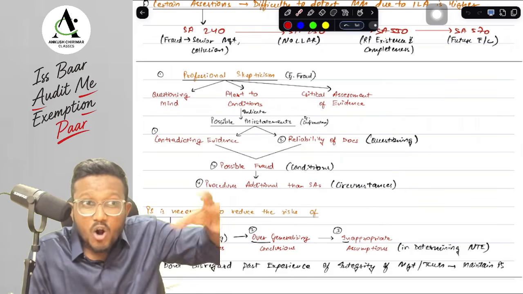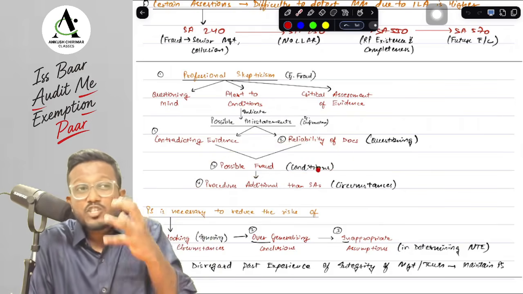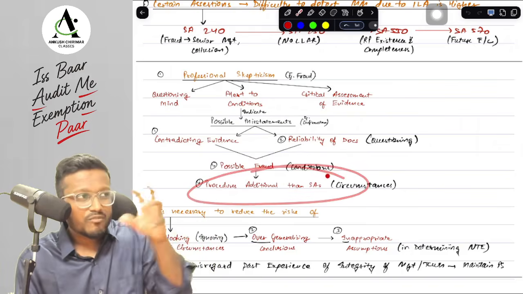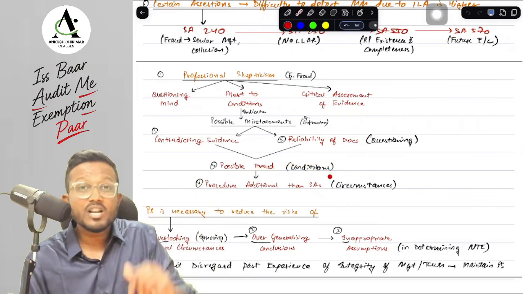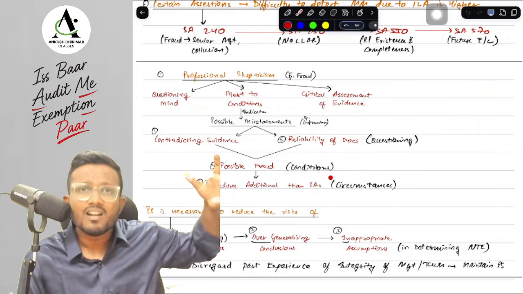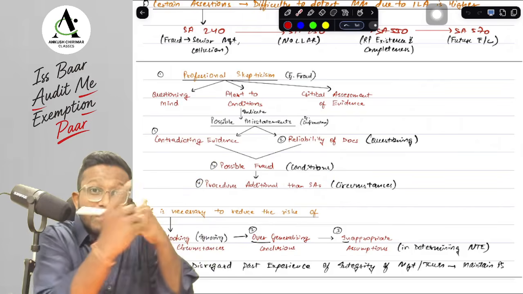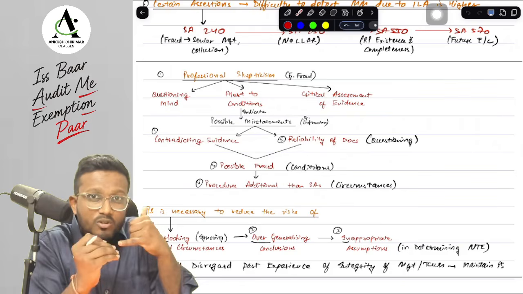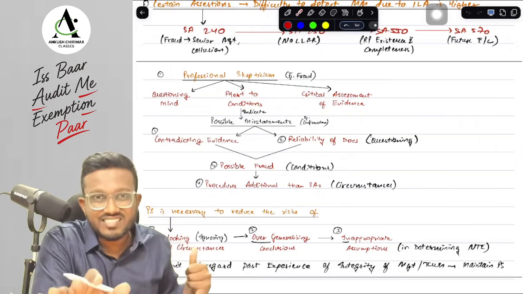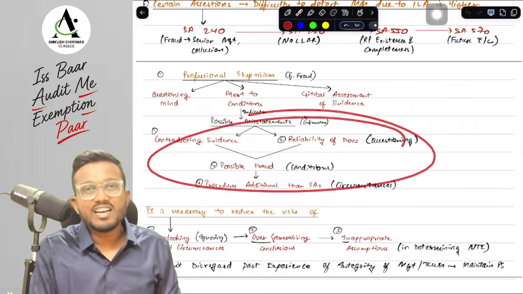Suppose there is a possible fraud in any area, which means there can be a misstatement there as well. Suppose there are circumstances in which I have to perform more procedures other than those required by the SAs. Suppose I have asked for a confirmation from a debtor and the debtor has sent me the confirmation, but I think the confirmation was responded to by some other party. So I call that particular debtor and ask, did you respond to this confirmation request or not? This is a procedure in addition to the procedures given by the SAs. So in this case too, there can be a misstatement. These are the indications of misstatement.